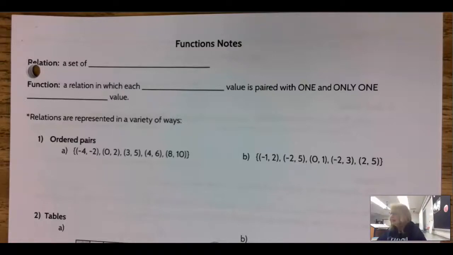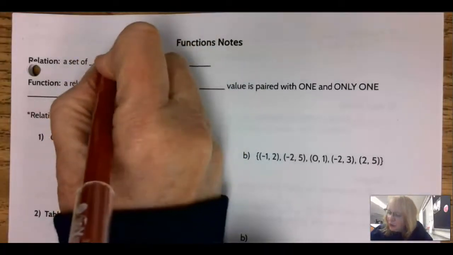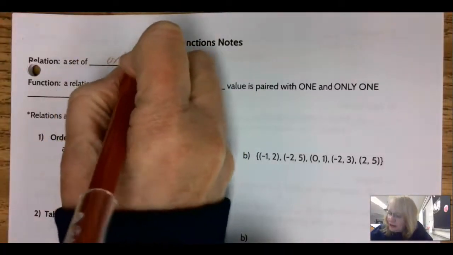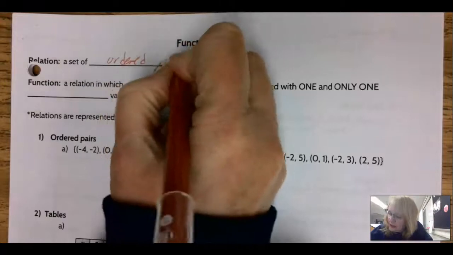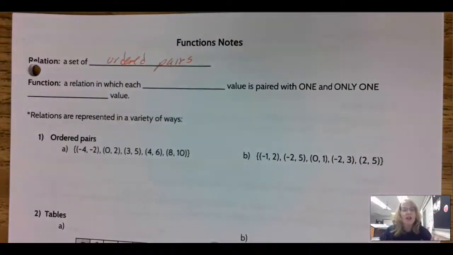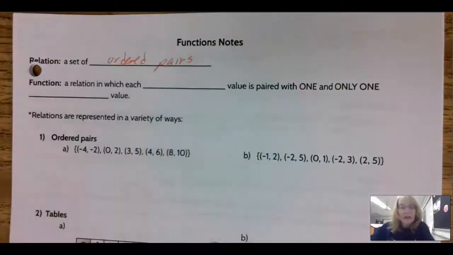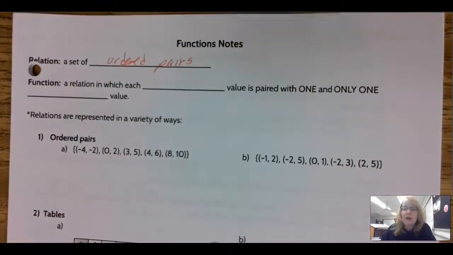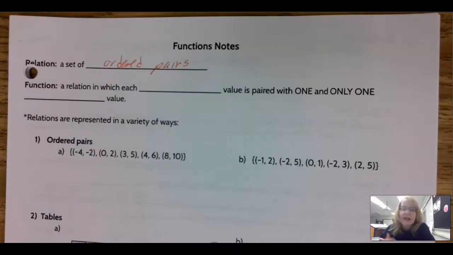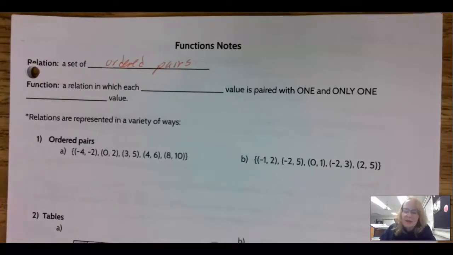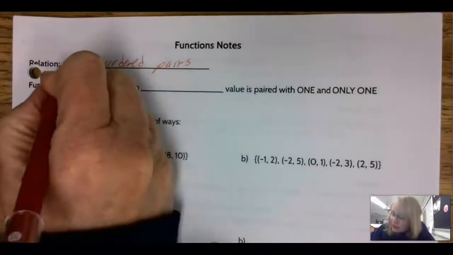So here we go. We're going to start off by talking about just basic information. This is just kind of a basic information video. So we have a relation. A relation is just a set of ordered pairs. Okay, that's all it means, is we put a bunch of ordered pairs. So you can see one right down here, and we're going to look at several examples of how you can write a relation. Okay, and we've been doing it, you just didn't know the name of it. Now, a function is a specific